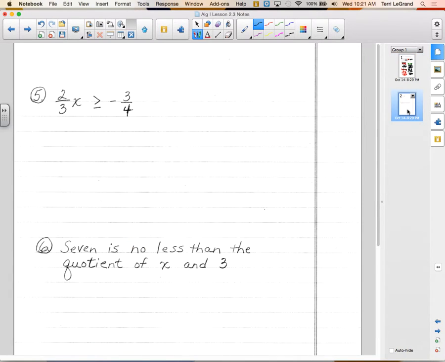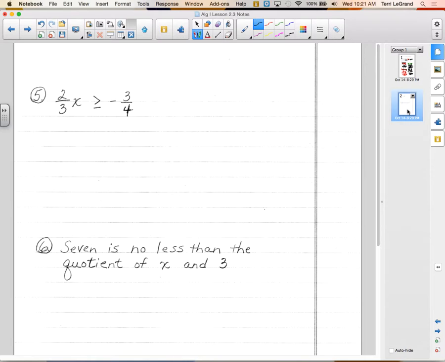Okay, let's go to the back. These were always fun ones when we had equations too. I can hardly wait to do this, because here's what you're going to want to do. You tell me first of all what's happening on the side with x. It's getting multiplied by 2/3, which means to undo multiplying by something we need to